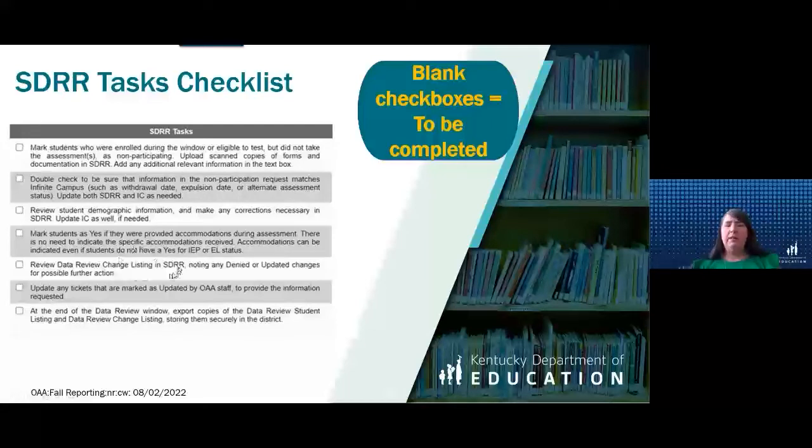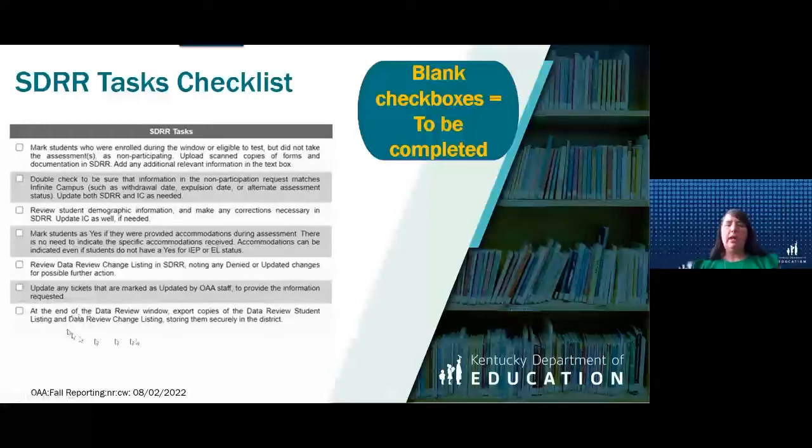And then that's an important piece when it comes to data review. Also, any tickets that you've put in, that you always note the ones that are denied or updated that need further action. And we'll talk about those when we get to the tickets. And then any tickets that are marked updated by OEA, that you've gone in and provided us additional information for that.